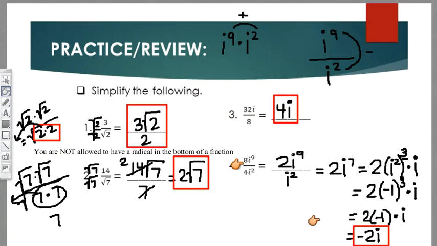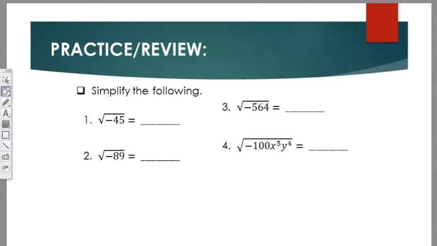Everything that, or parts of math that you've learned in the last 2 years. All right, now let's finish with simplifying radicals. As a reminder, number 1 says simplify the following. You have the square root of